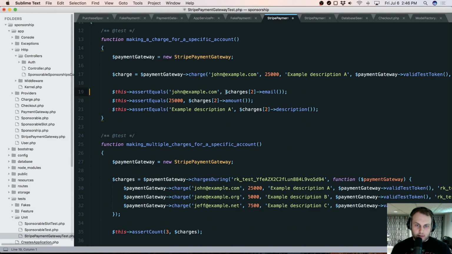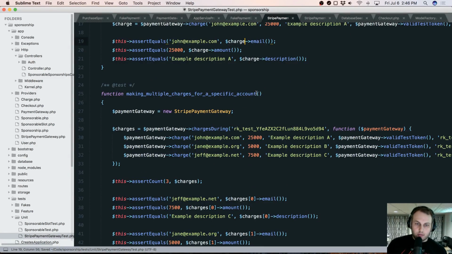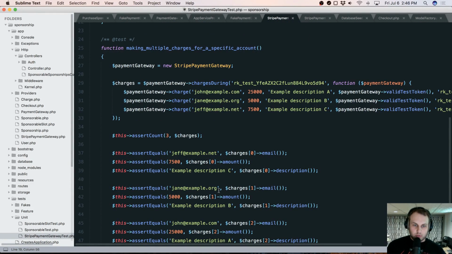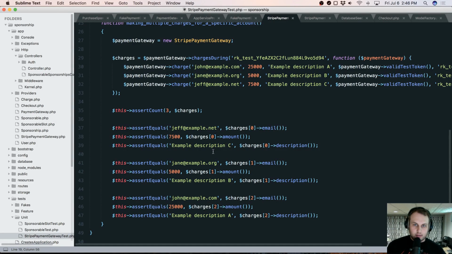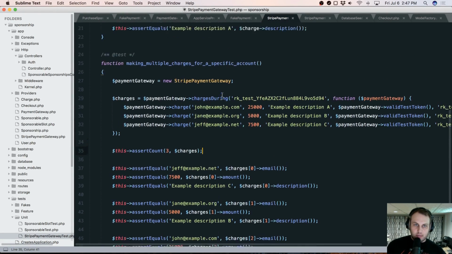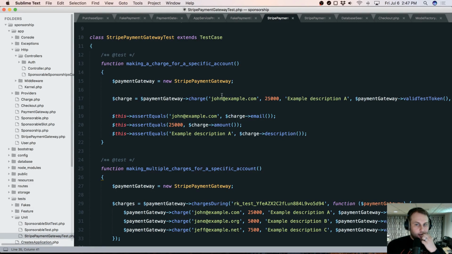So this way we can verify that the return value of the charge method is what we expect. And we can also make sure